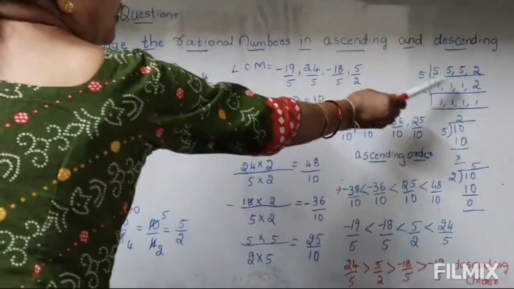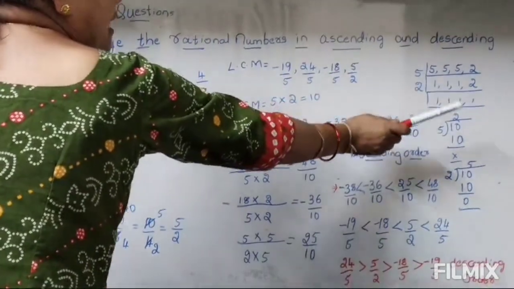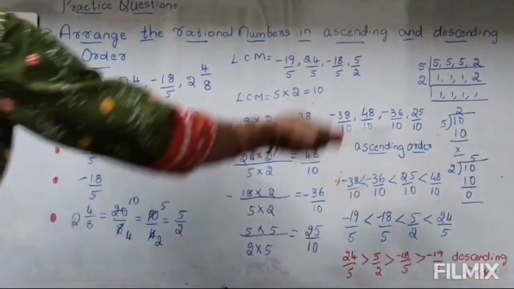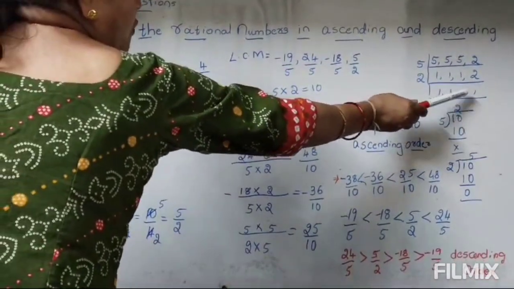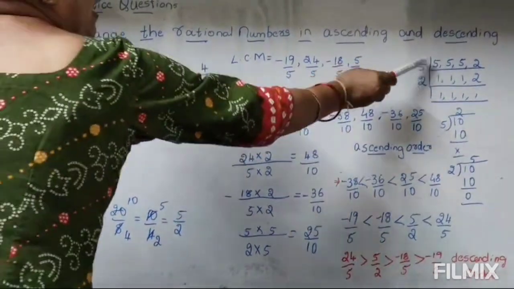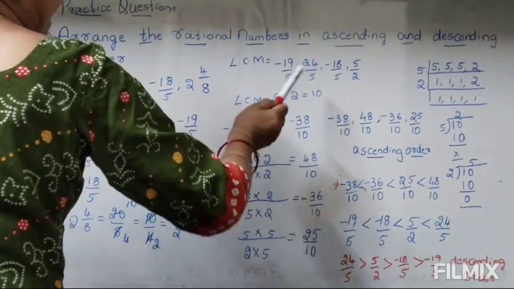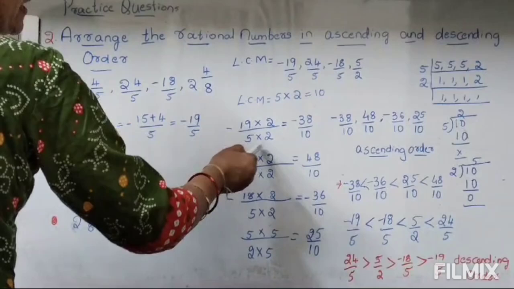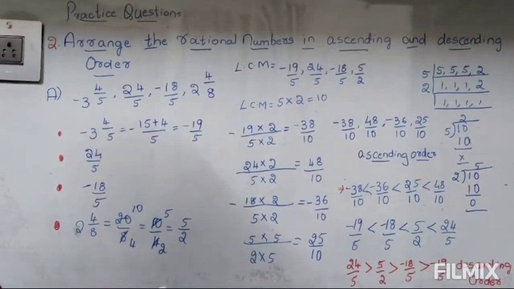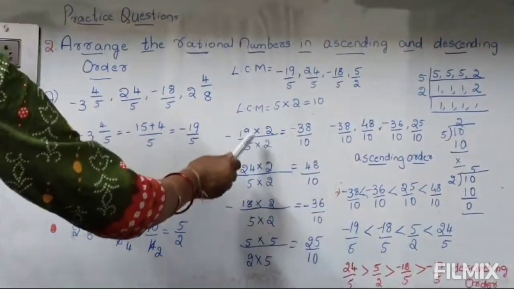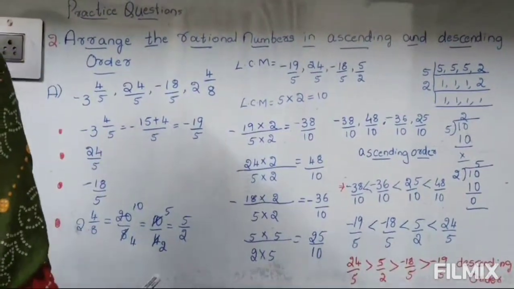Now you have to find out the LCM of these denominators. Look there. 5 1s are 5, 5 1s are 5, 5 1s are 5. Bring this 2 as it is. Therefore, 2 1s are 2. What is the LCM there then? 5 into 2 is 10. You can write 10 or you can write the denominator as 5 into 2, however it is easy for you. Okay. So 5 into 2 is 10.